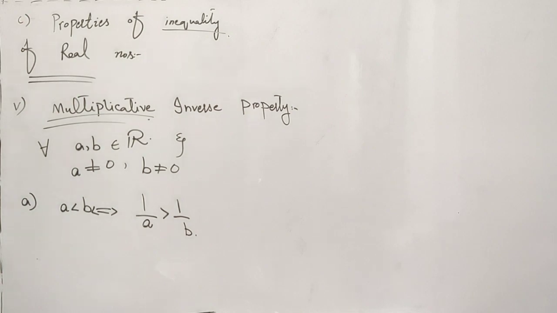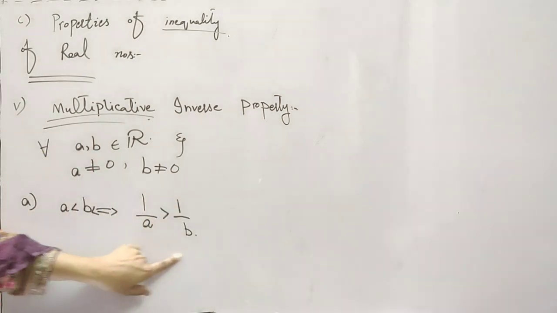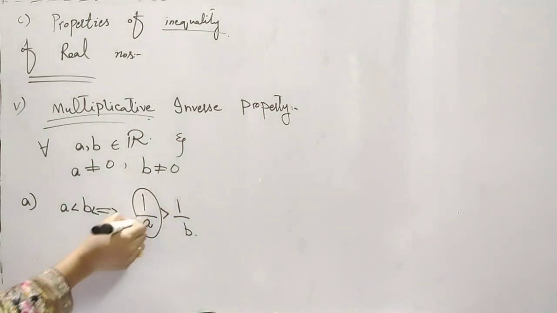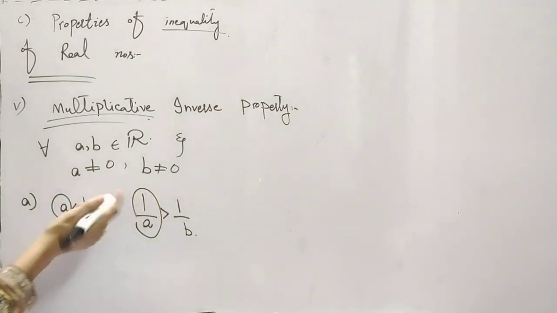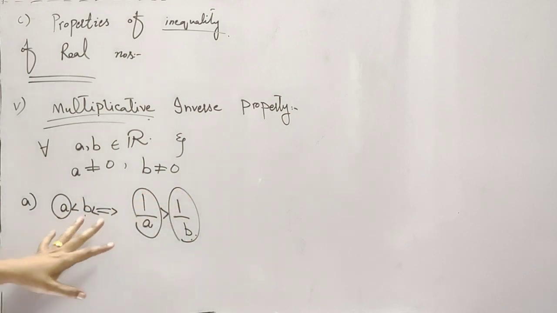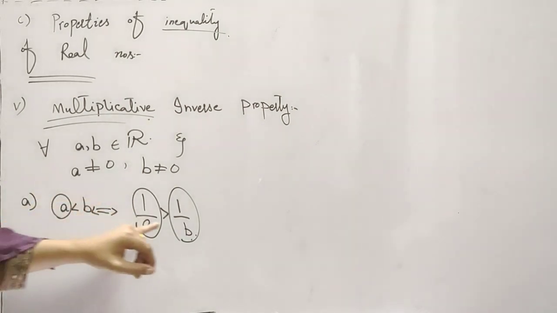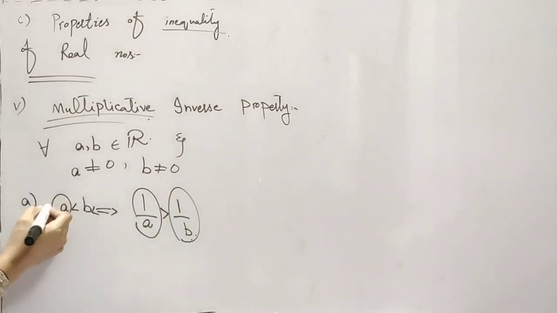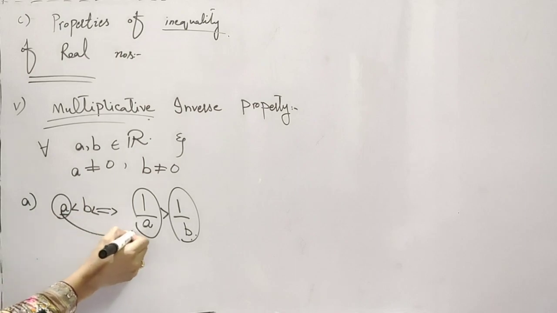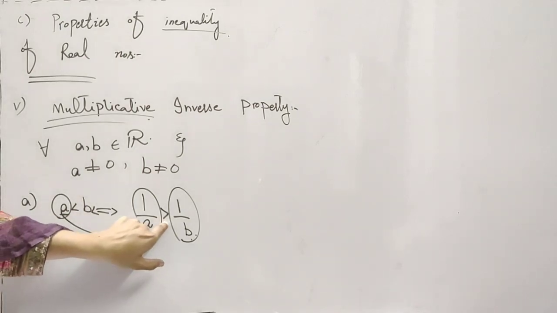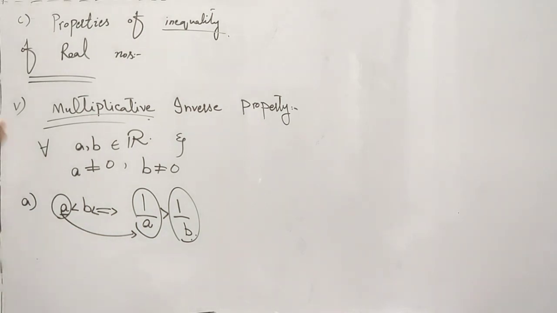What does it mean? It means that if you take two numbers and the first number is lesser than the second number, okay, symmetrically you can say that these numbers are the reciprocals of each other. 1 over a is the inverse of a and 1 over b is the inverse of b. If a is greater than b, then 1 over a, it means the inverse of a, is less than the inverse of b, because if the greater side goes to the denominator, then the inequality sign will change, because the lesser side becomes the greater and the greater side becomes the lesser.